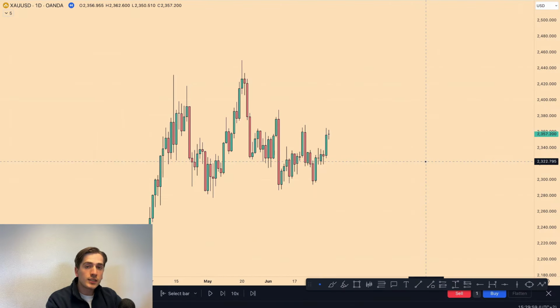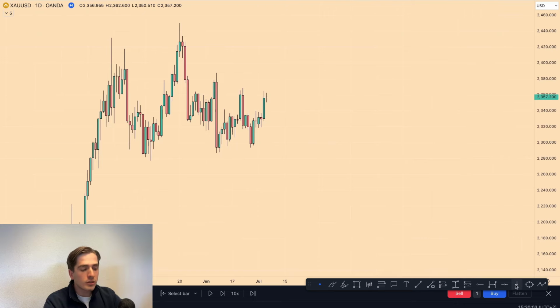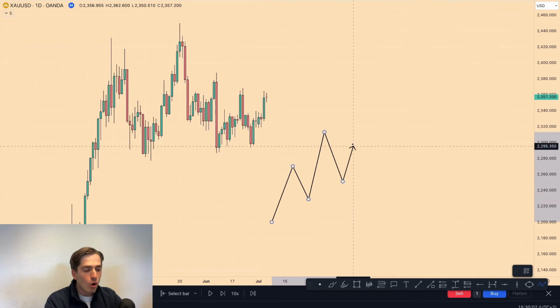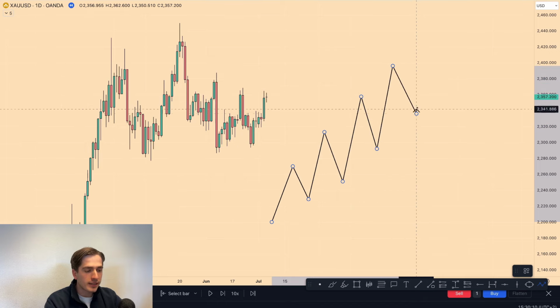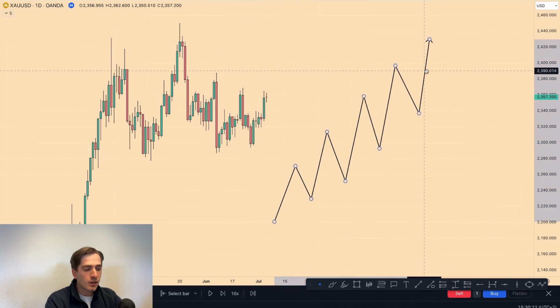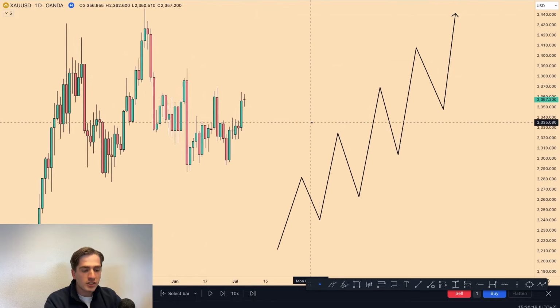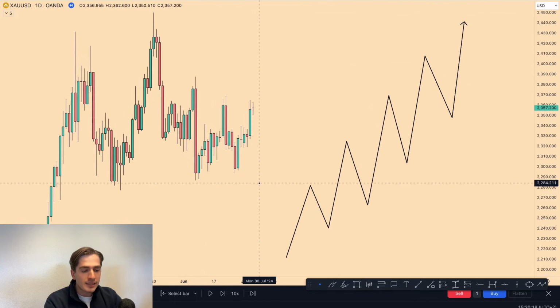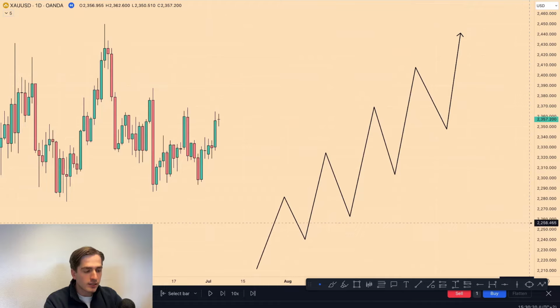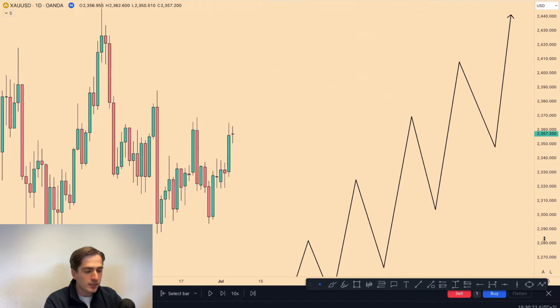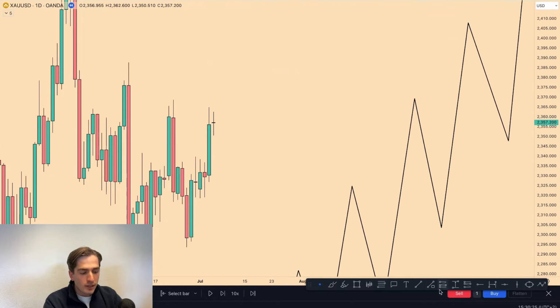In order to identify a change of character, we need to understand the basics first. So what is a change of character? Well, a change of character is simply just a trend on the individual candlesticks. Most of you probably are familiar with what an overall uptrend is, and a change of character is simply the trend represented inside individual candlesticks. So when we look, for example, at the candlesticks that we have over here, what you can identify is that